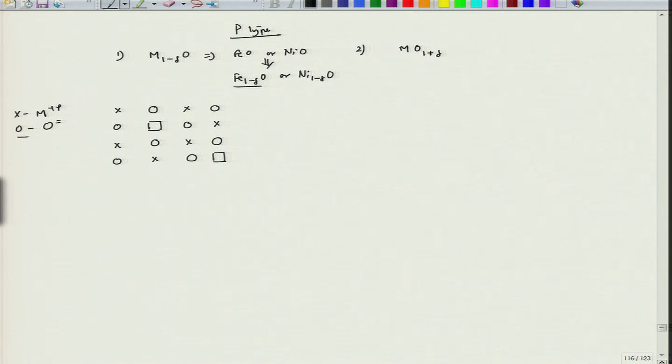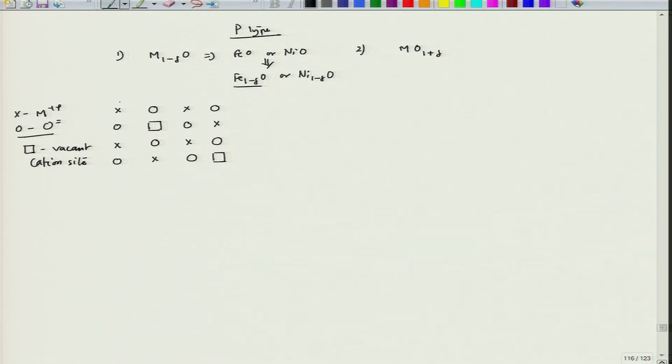These are the nomenclature symbols, and this is the vacant cation site. Now, since we have two cations missing, we have an extra 4 negative charges because of the excess oxygen present in the lattice. Now, in order to neutralize this,